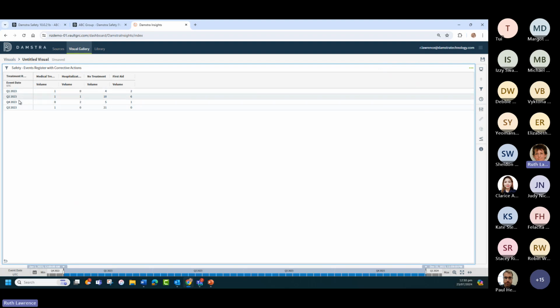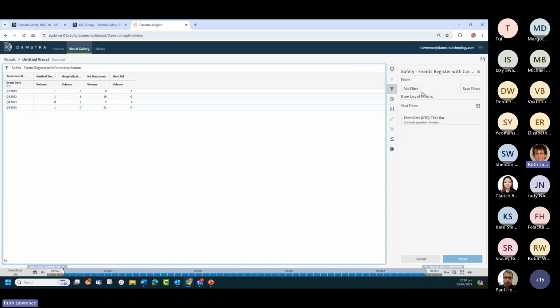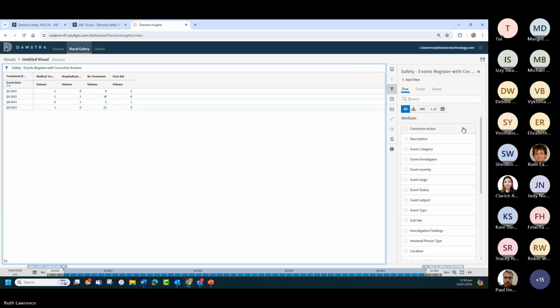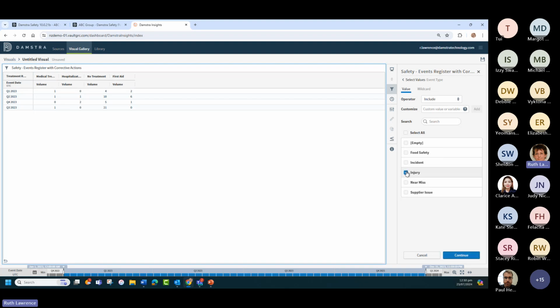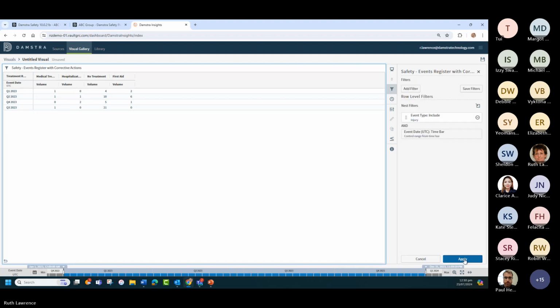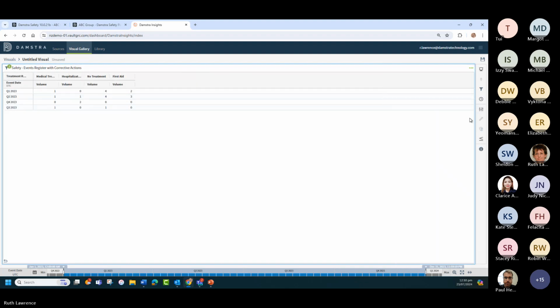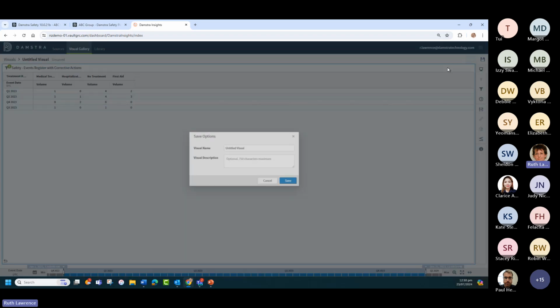So for last year, quarter 1, 2, 3, 4, these were the treatment required. Because this is an event register with corrective actions, I'd probably have to add a filter that the event type was injury. So there's my visual, and I'm going to save that as